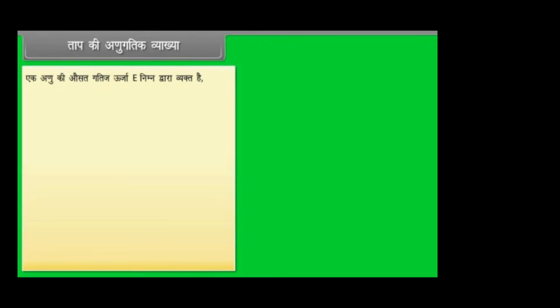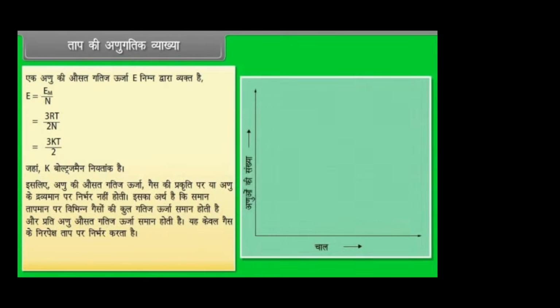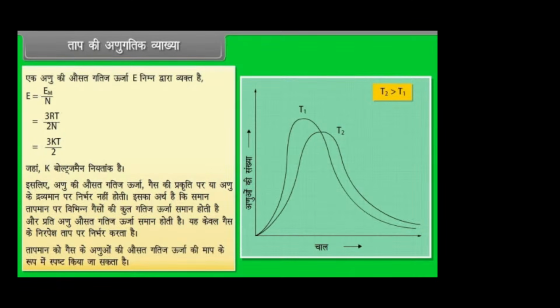ताप की अणुगतिक व्याख्या। एक अणु की औसत गतिज ऊर्जा E निम्न द्वारा व्यक्त है। E = EM/n = 3RT/2n = 3kT/2, जहां k बोल्ट्जमैन नियतांक है। इसलिए अणु की औसत गतिज ऊर्जा गैस की प्रकृति पर या अणु के द्रव्यमान पर निर्भर नहीं होती। इसका अर्थ है कि समान तापमान पर विभिन्न गैसों की कुल गतिज ऊर्जा समान होती है और प्रति अणु औसत गतिज ऊर्जा समान होती है। यह केवल गैस के निरपेक्ष ताप पर निर्भर करता है। तापमान को गैस के अणुओं की औसत गतिज ऊर्जा की माप के रूप में स्पष्ट किया जा सकता है।